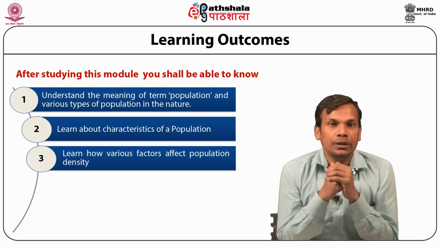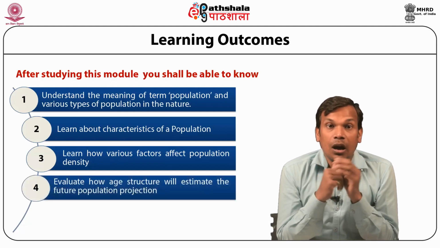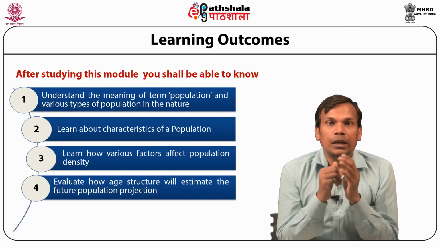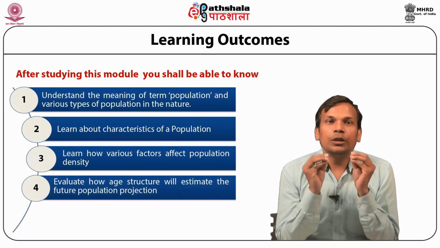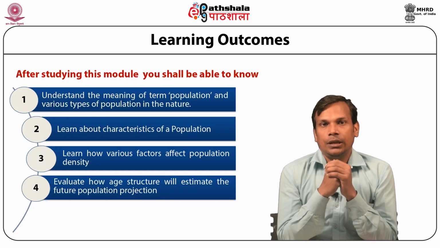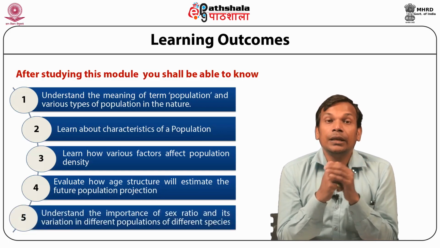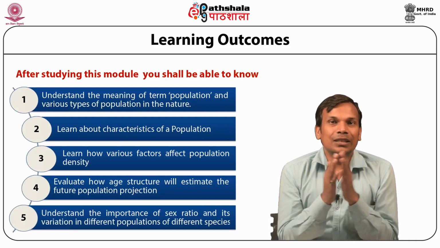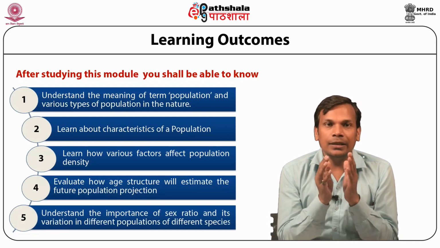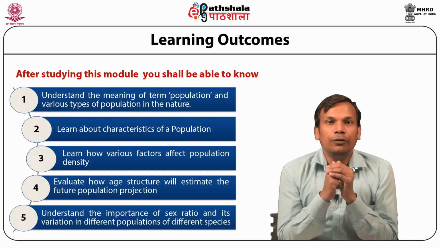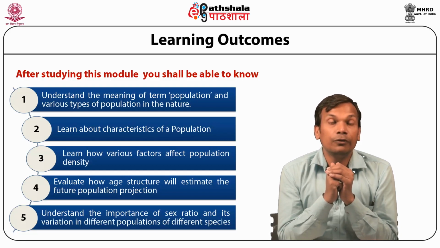It also helps in evaluating how age structure will estimate the future population projection. It will also help you to understand the importance of sex ratio and its variation in different populations of different